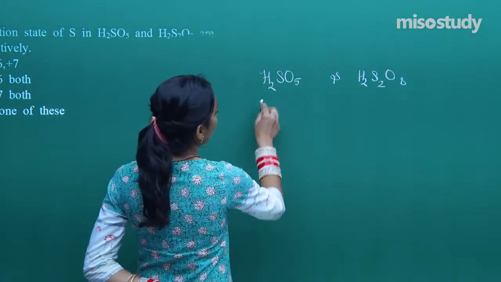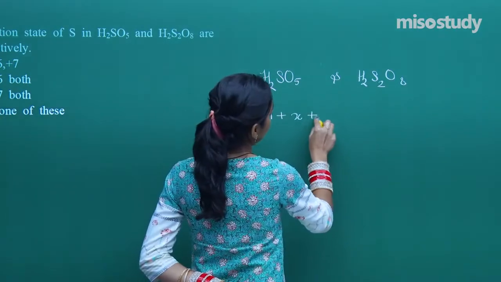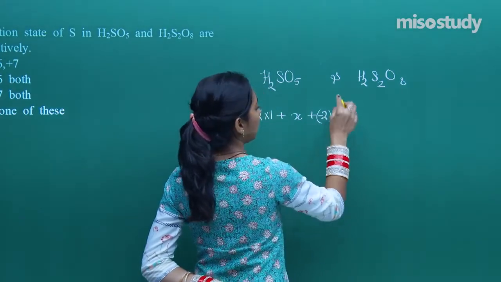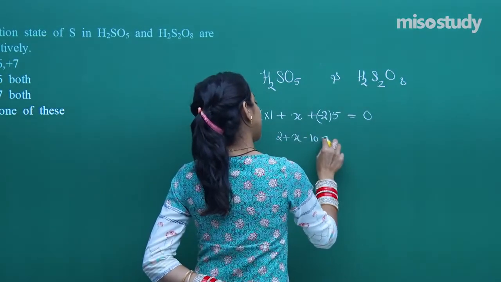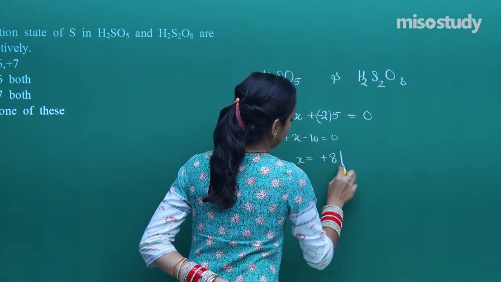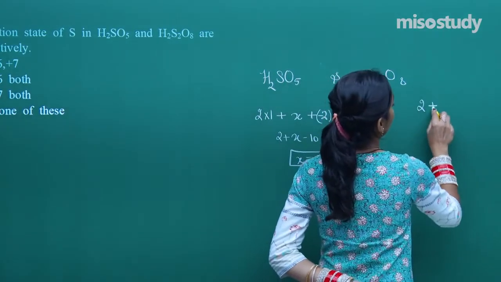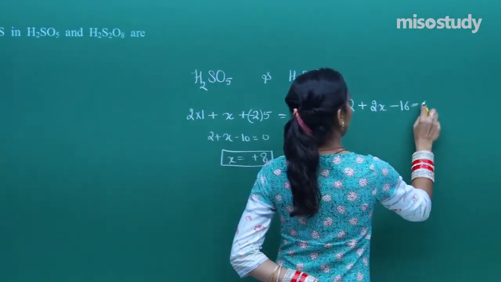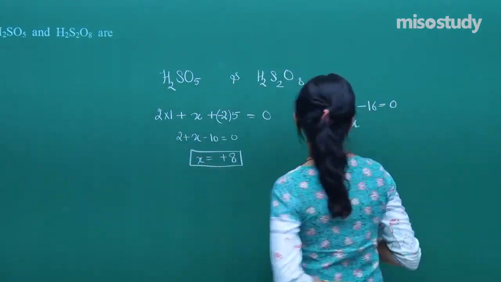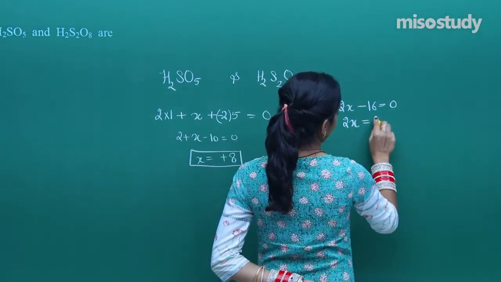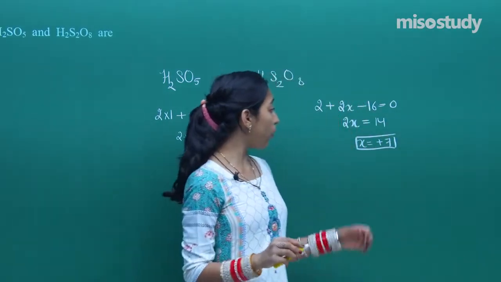two compounds. So we'll have 2 of hydrogen plus sulfur can be considered to be X, plus 2 minus 2 of each oxygen multiplied by 5, overall will have 0. So we'll have 2 plus X minus 10 is 0 and X is equal to plus 8. Right? So this is the calculated oxidation state. And then we have 2 plus 2X minus 16 is equal to 0. So 2 plus X minus 10, yes, it is plus 8, and here we have 2 plus 2X minus 16 is 0, 2X is 14 and X is plus 7. So these are the oxidation states of sulfur.